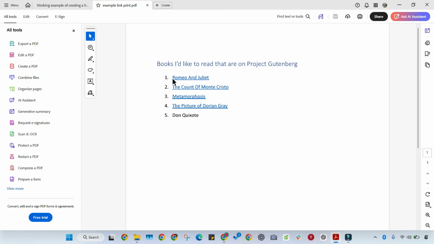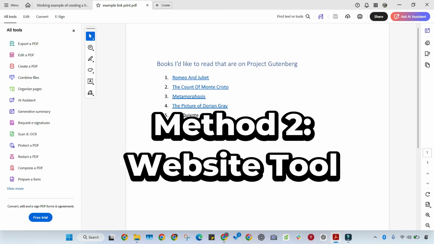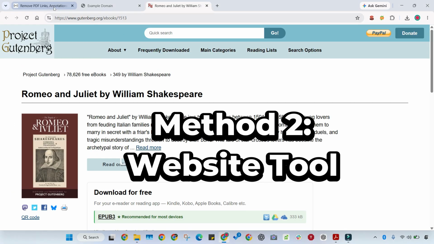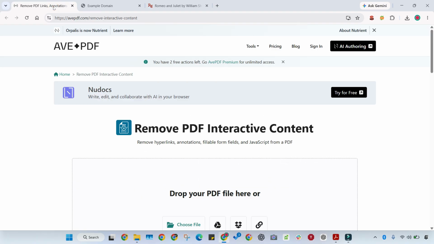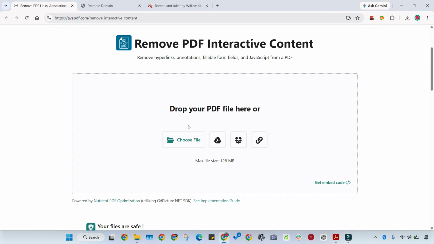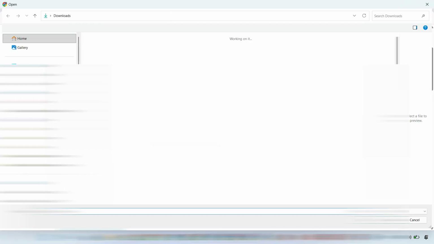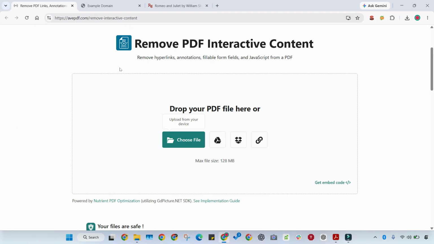There is another way, which is using a website. So go to this website. I'm going to put the link in the description below. What you have to do is drop your PDF file here, or you can choose the file from here. We will click choose file. We will upload the PDF file,